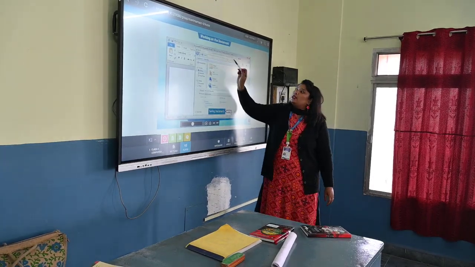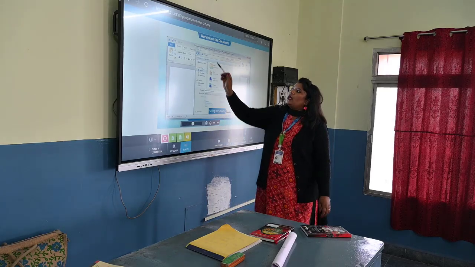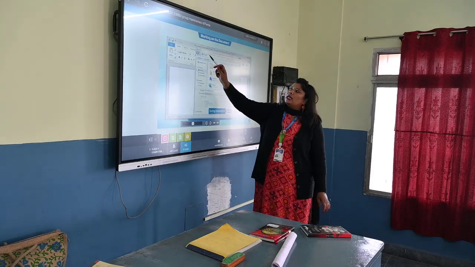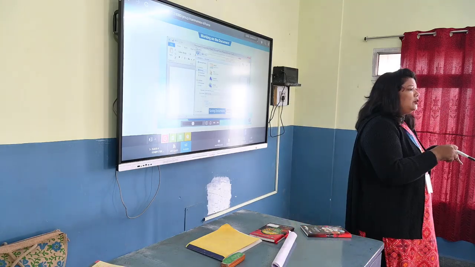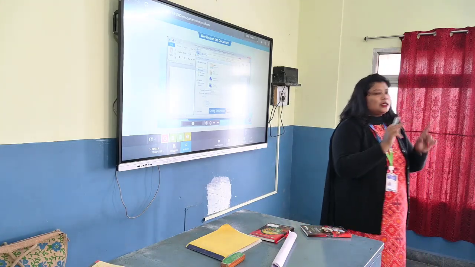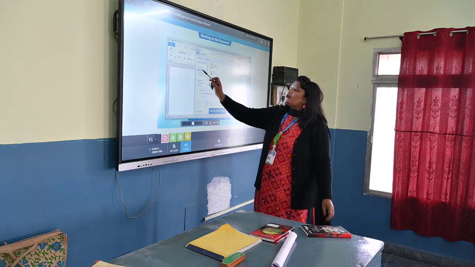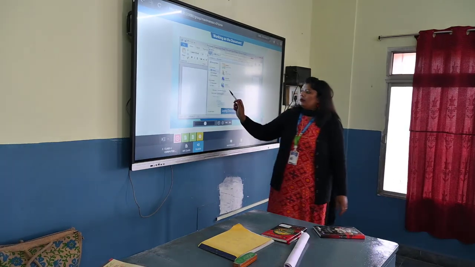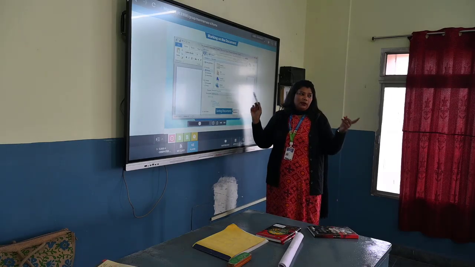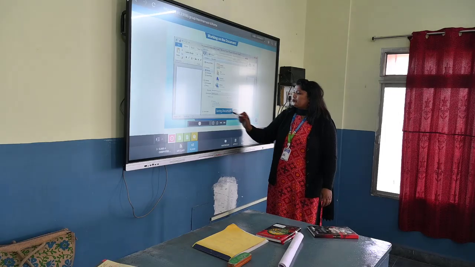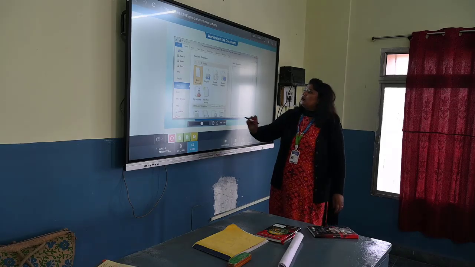So Desktop is written over here. If you click this one, more options will open. You can select. So for now, if you are selecting Desktop, it means once you open a computer, the first screen you are getting, that is your desktop. So it will be saved on the desktop. File name you will write over here and save type as Word document. You can save as PDF also. And then save. Understood?